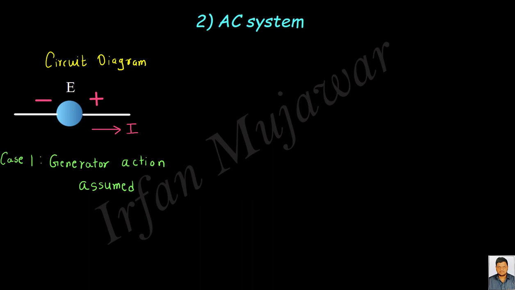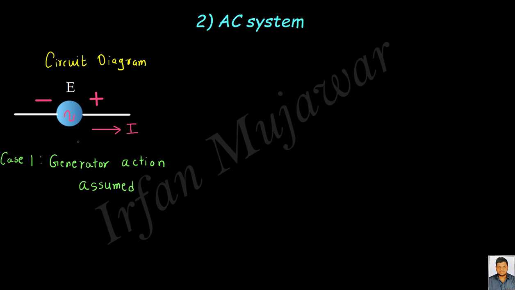This is the circuit diagram of the AC system. Here this is the positive terminal, this is the negative terminal, and this is now the AC system. This is not the DC system, this is an AC system. So this is an AC source, AC machine. Now in the first case we are assuming current is flowing in this direction. That is, basically at that particular instant current is flowing from the positive terminal. That is, we are assuming a generator action, because a generator delivers the power. Here we cannot use the convention of charging and discharging.